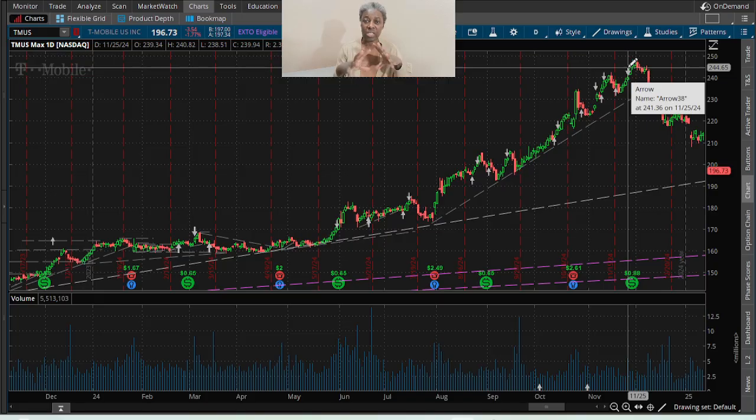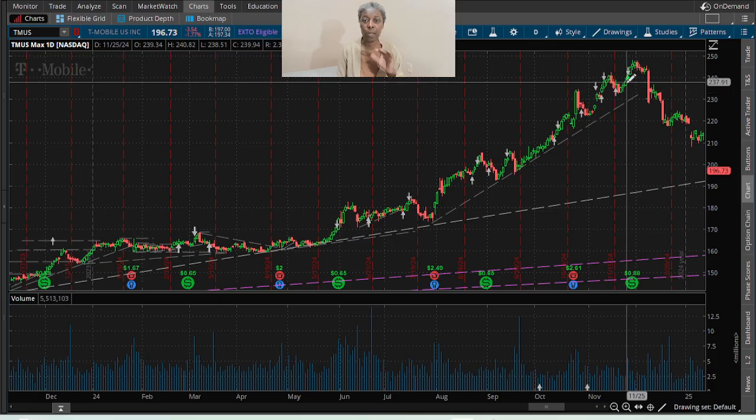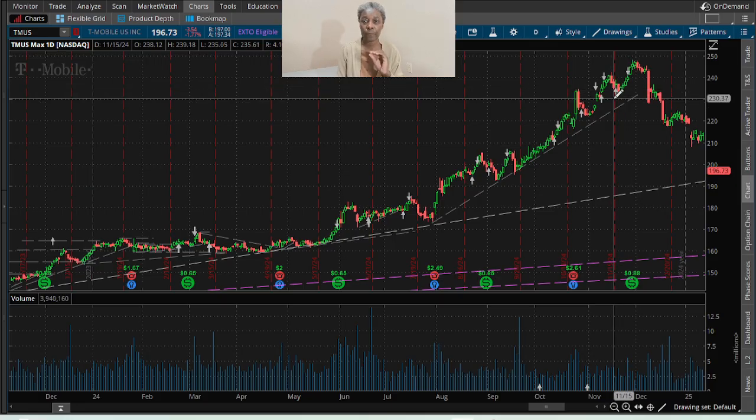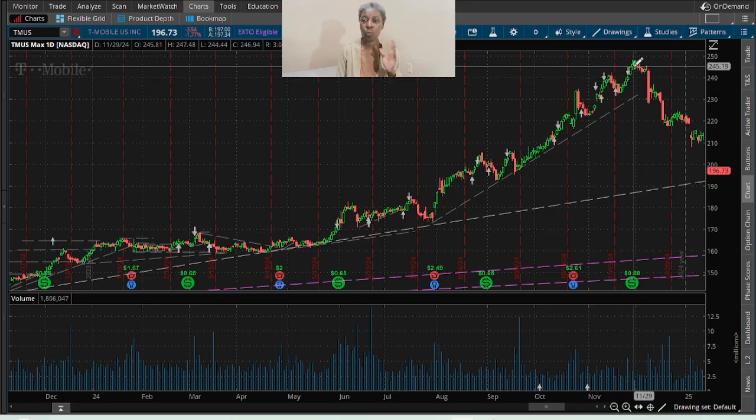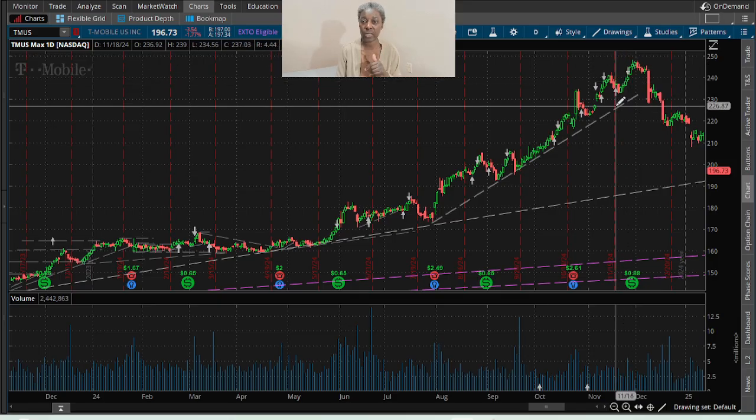So putting arrows on the chart allows me to have a different journal for my trade, to write down what I saw before I purchased and things like that. I don't do that. I did it for 2024, and I noticed that I didn't really use it after a while, and I didn't really see the value of it, especially when I'm trying to be efficient with my time. But what I found that works well for me is the arrows. When I purchase a stock, I like to place an arrow right underneath it, and I do that when I place the order to buy. And later when I sell, I'll put the arrow. Pretty much it's the same arrow,